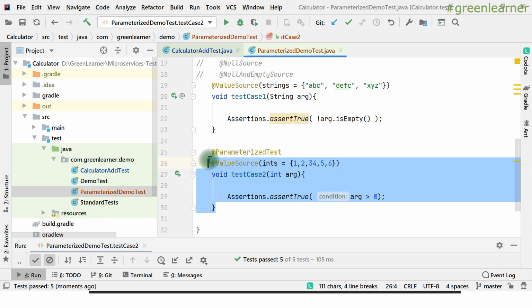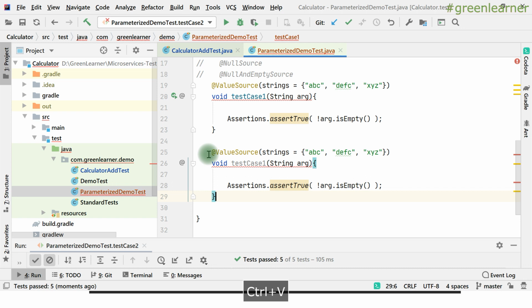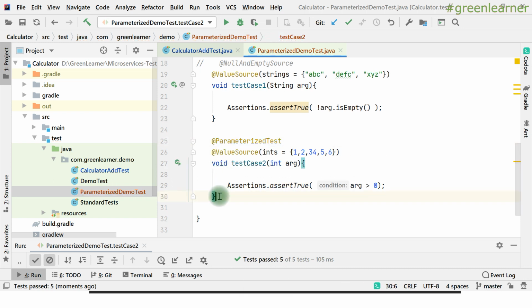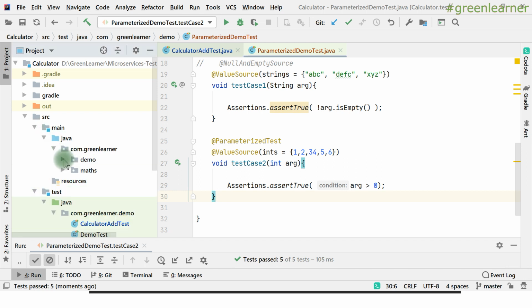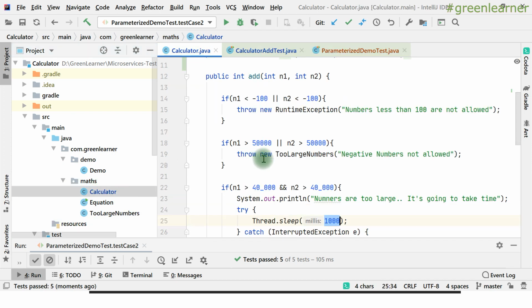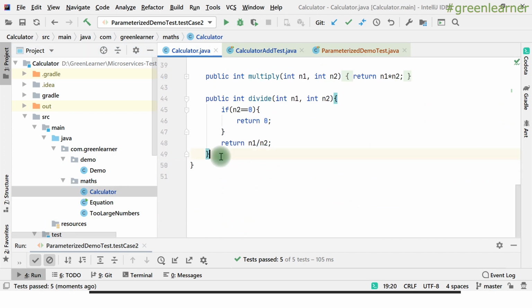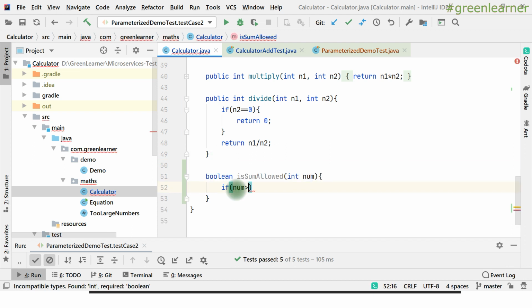So let's take the example of a calculator and show this one right there, right? So in the calculator I have to write one method, just a dummy method I'm going to write there.